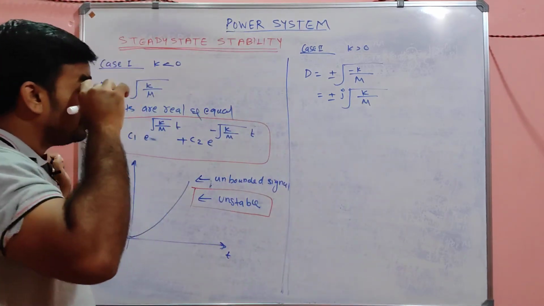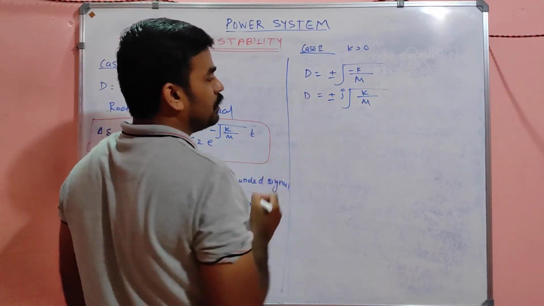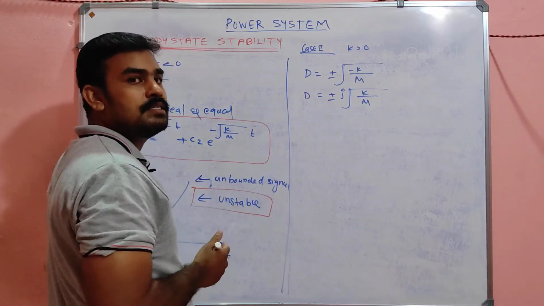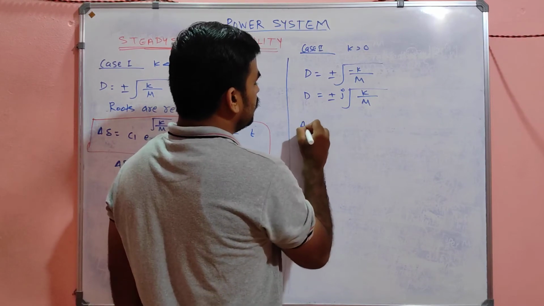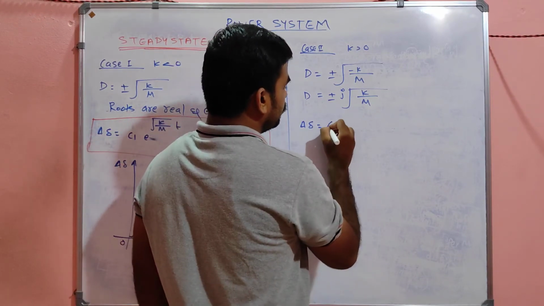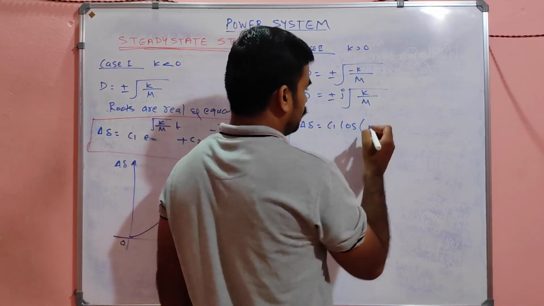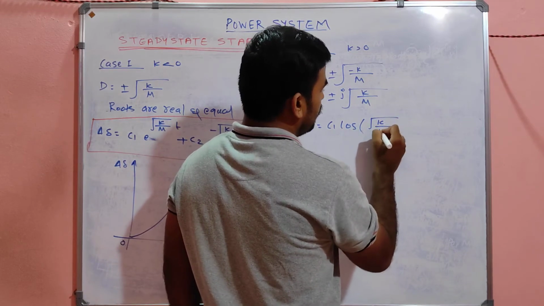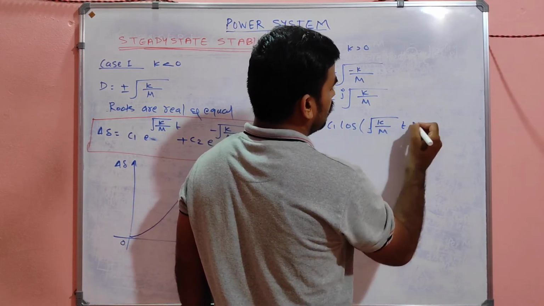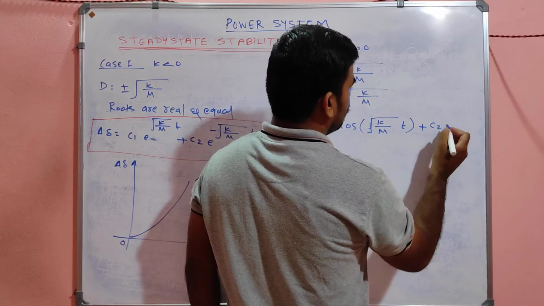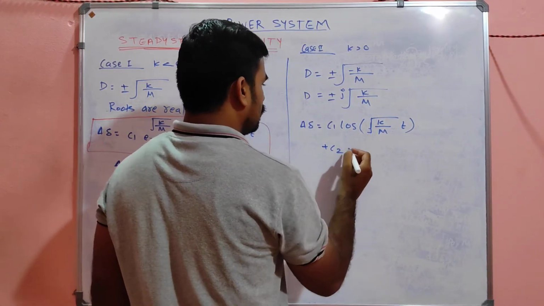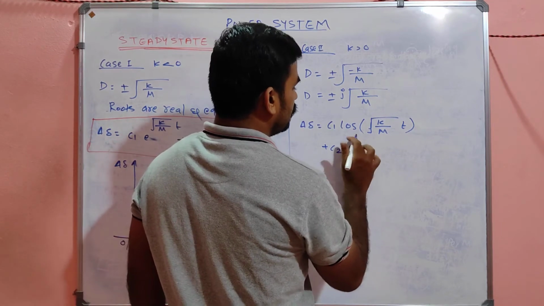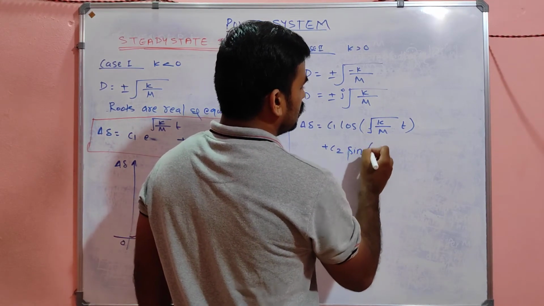Then what will be the solution if it contains plus or minus j, that means an imaginary term? The resultant will be del equal to C1 into cos of root of k by m into t plus C2 into sin of